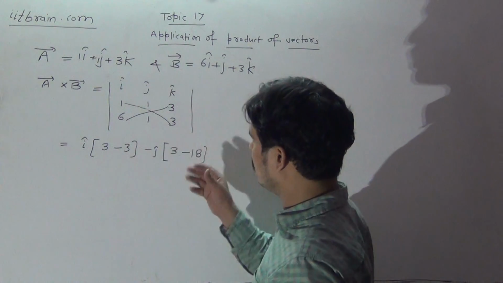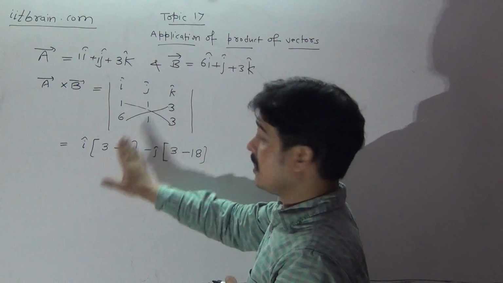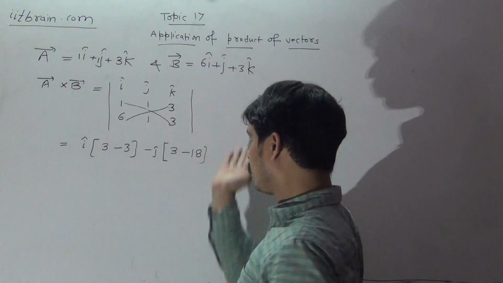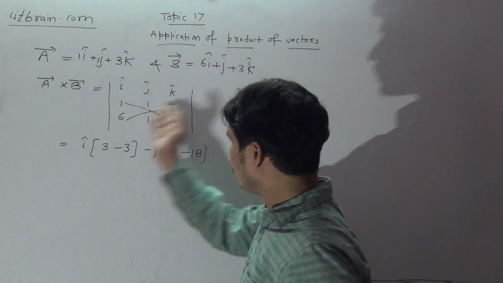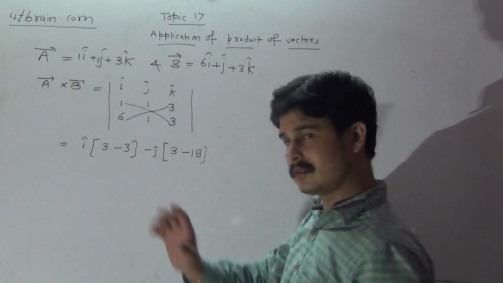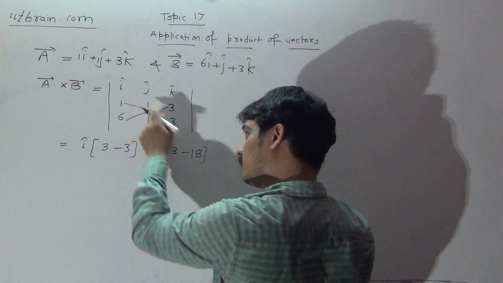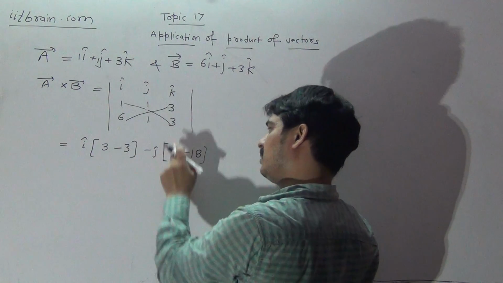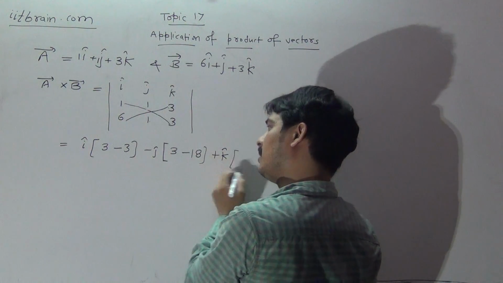सो यहाँ पर ऑर्डर, क्योंकि जब आई लिया था तो जे के होना चाहिए था, वही है, लेकिन जे के वक्त के आई होना चाहिए था, और हमने अपना ऑर्डर मेंटेन रखने के लिए ये डायगोनल पहले लिया और बाद में ये डायगोनल लिया, तो इसके लिए माइनस फॉर्मूले में पहले से इंक्लूड कर दिया. So i 3 minus 3 minus j 1 3 ja 3 minus 3, 6 ja 18 plus k now, and final k